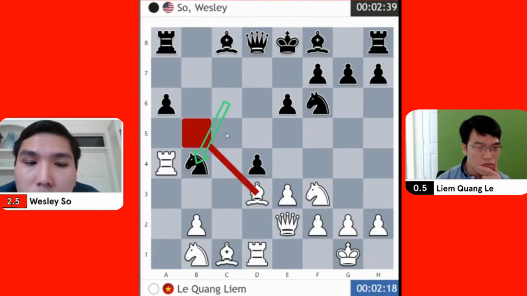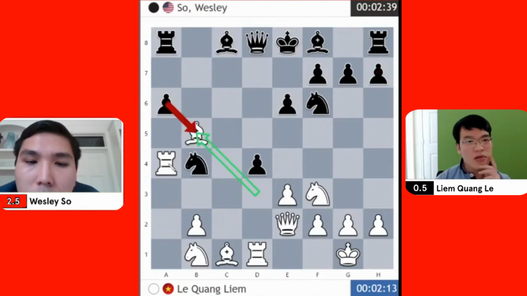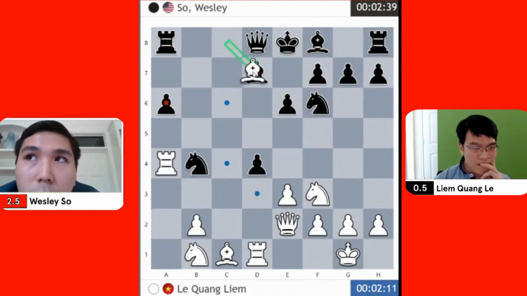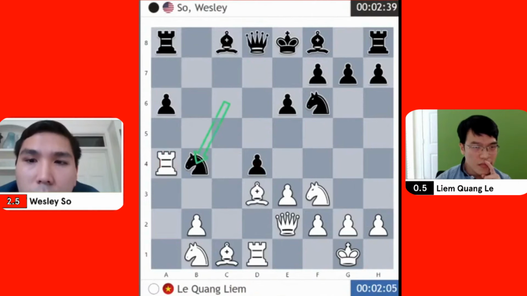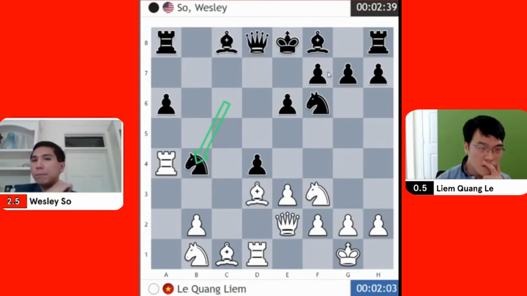Is it bishop b5 check? This is an option. Why not? If you go a b, I just go here, and if you go bishop d7, I take. My rook is hanging, which I didn't see, and d3 is a threat. This is not too good. So what to do as white